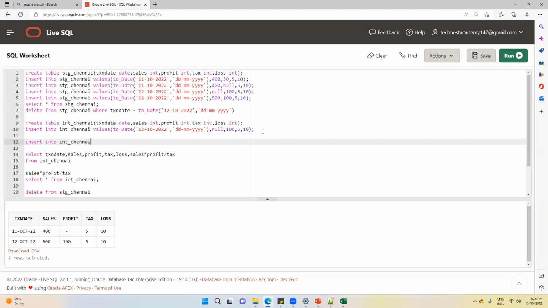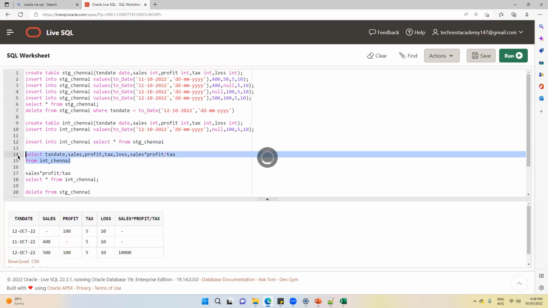I don't know if it's a silly question or not, but I just wanted to ask you one thing. Let's suppose the scenario is we bypassed staging and directly jumped onto integration, but technically it's not possible because ETL tester is also there to validate, right? We bypass staging and jump into integration layer. No, you should not do that. That is what I'm telling. Staging is very important. No, but let's suppose the data engineer forgot, and he said we'll bypass. Tester will be the one who is responsible to catch that, right?